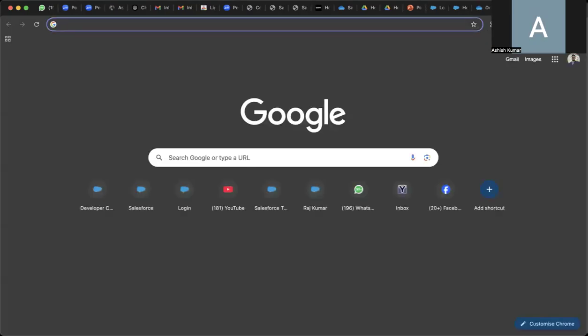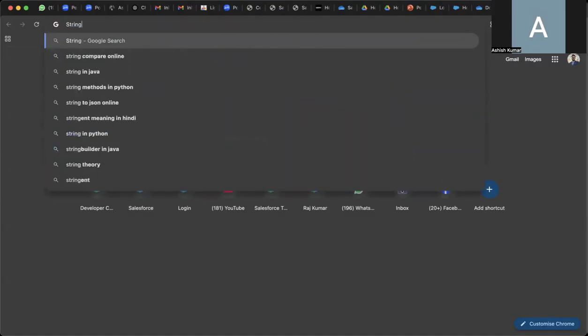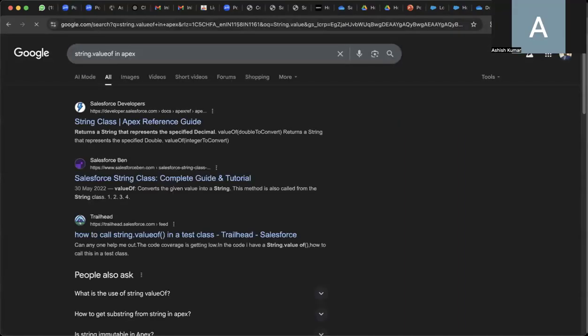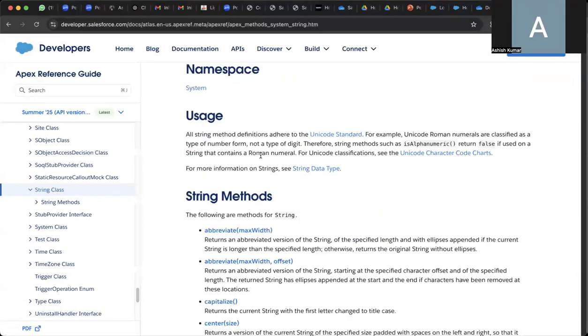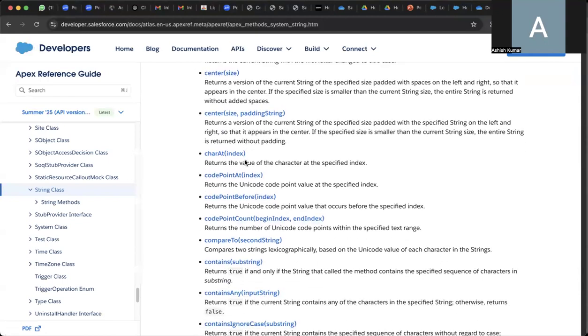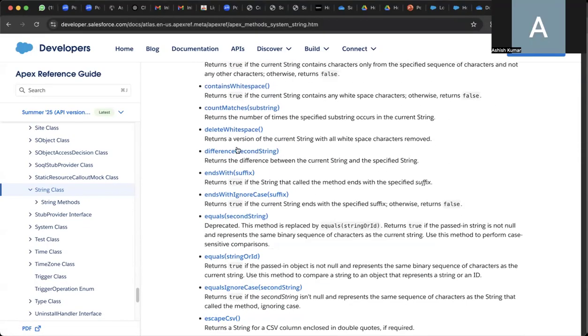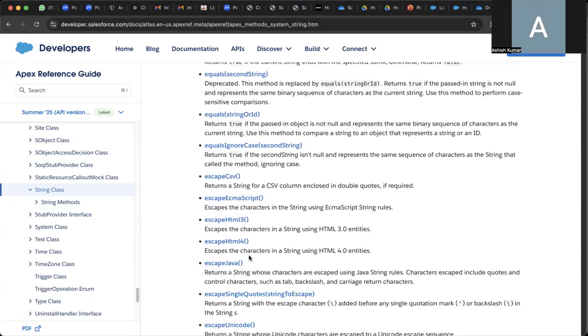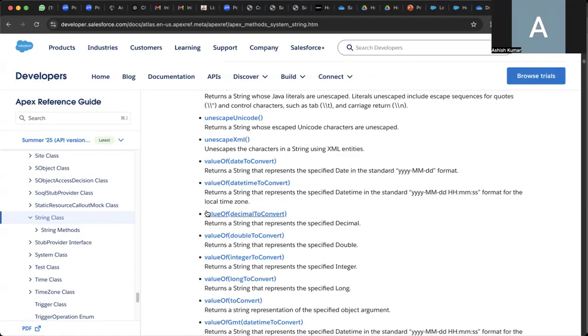You will be able to find them under String.valueOf. There is a class named String with all the methods that can be used to convert anything. In this class, there are multiple methods that can be operated on a string. But for now, we will not go into that. I just wanted to show you where it is coming from. So String.valueOf, right? String.valueOf here. There are multiple